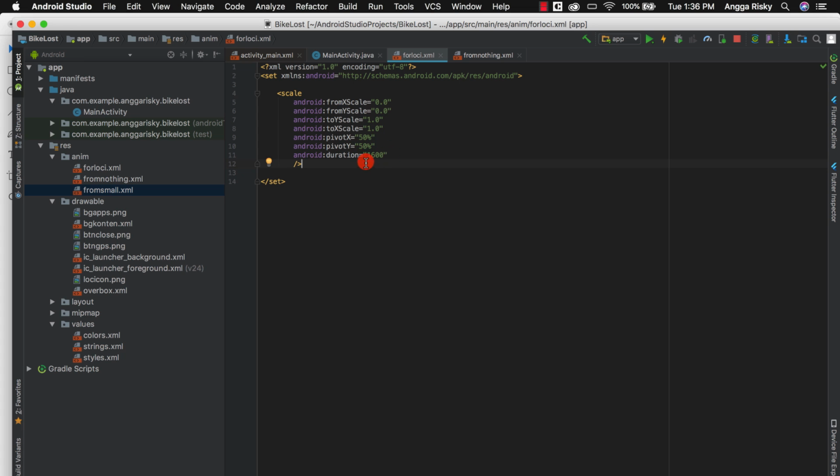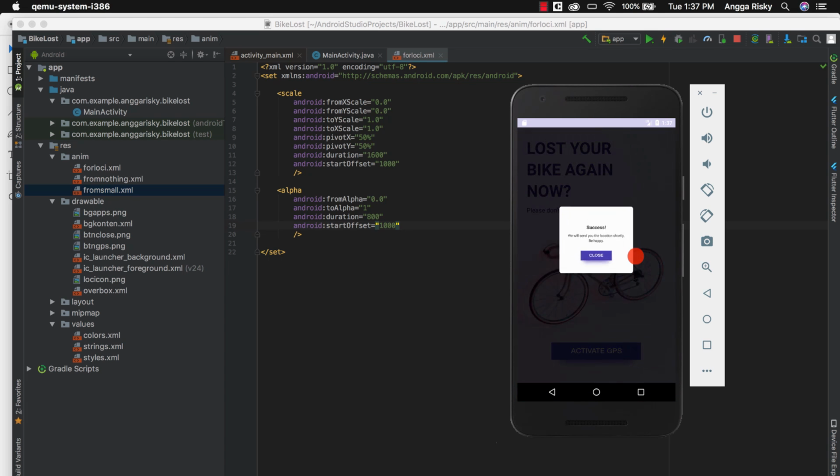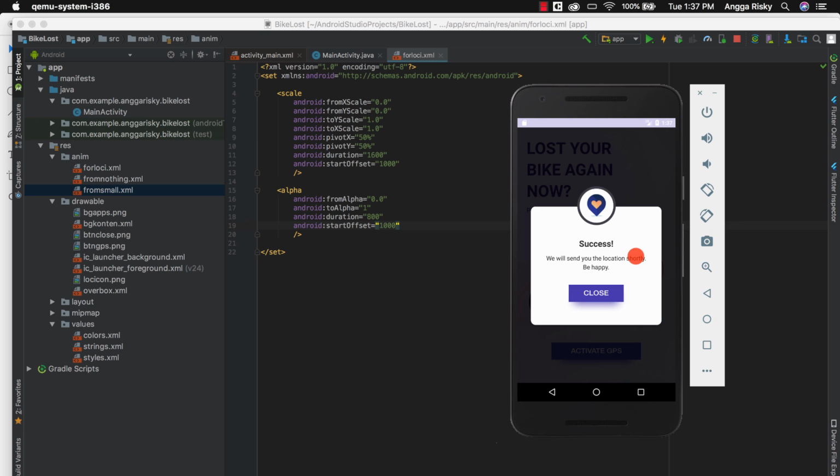Okay, and after that we set alpha, but we have to set the start offset. So basically this is 1000 and this is 1000. Okay, and we play again. So if we try again, activate GPS, wow, it's working, right?